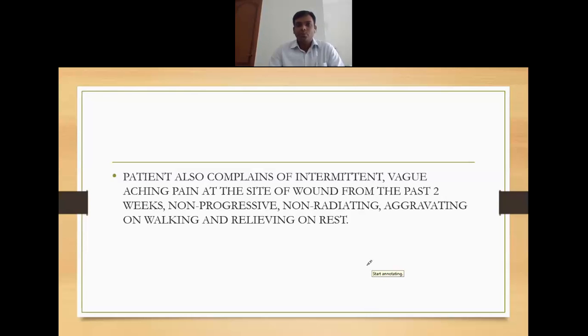Okay, so why I am telling so much is that when you use the word intermittent, there is some periodicity. Either it might be more in the morning and less in the afternoon, or more for one hour and less for another hour, something like that. Here, when he moves, pain comes. So it is a type of pain which aggravates on something and relieves on something, is it not? Here there is a wound in a toe, and probably whenever he walks, he might have some pain, or when he does some activity, he might have pain. So that you cannot put as intermittent pain.